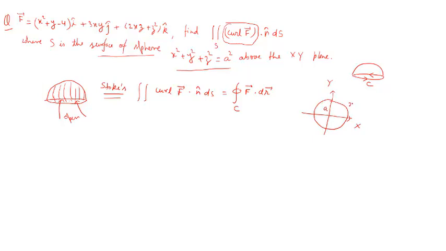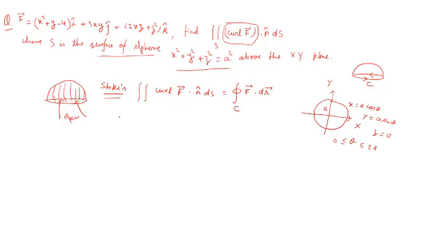So x will be a cos theta, y will be a sine theta, and this lies in the xy plane, so z will be 0, and this is a complete circle, so theta will vary from 0 to 2 pi. Now if we find